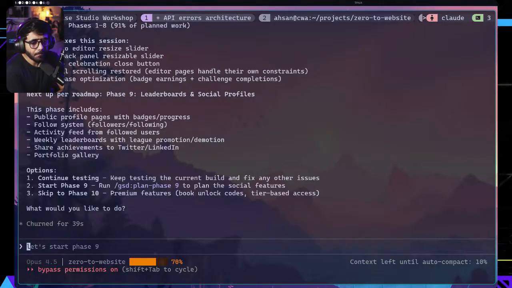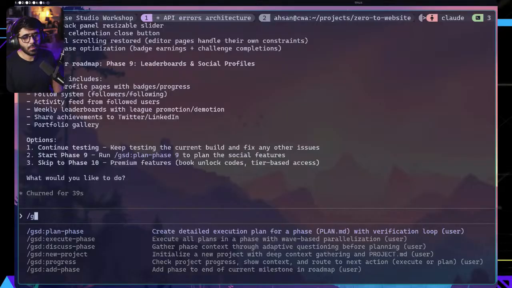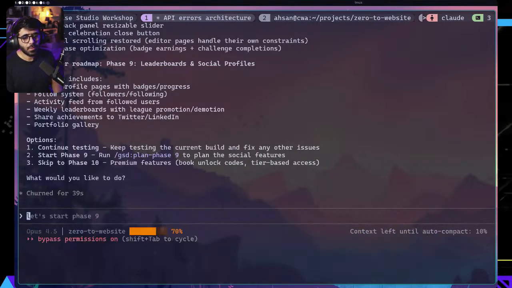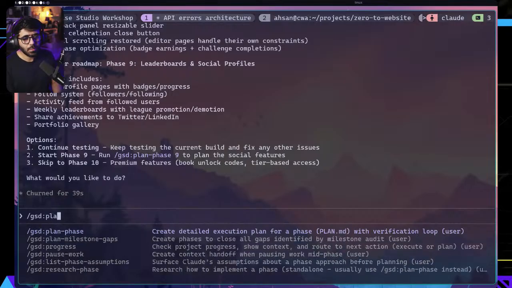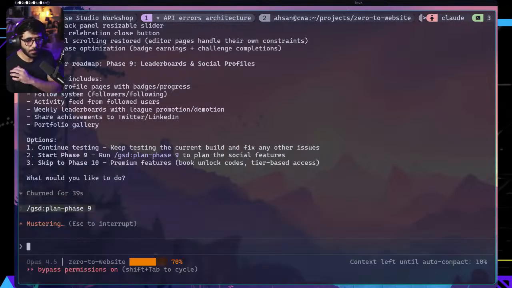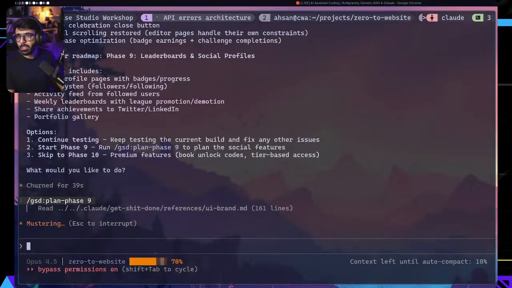I think we should be good with the testing, because what I've looked into essentially looks good. I would say we could go with phase 9. So let's go with GSD plan phase 9. So we're gonna start there, but